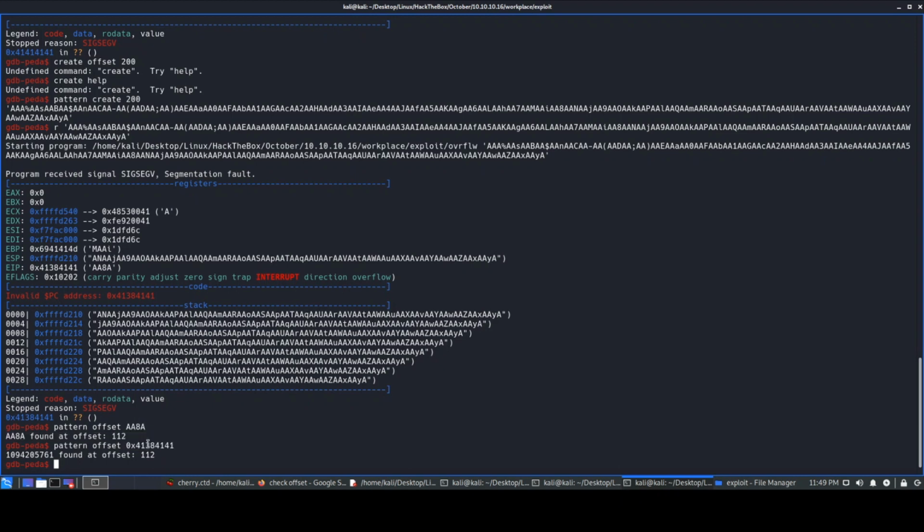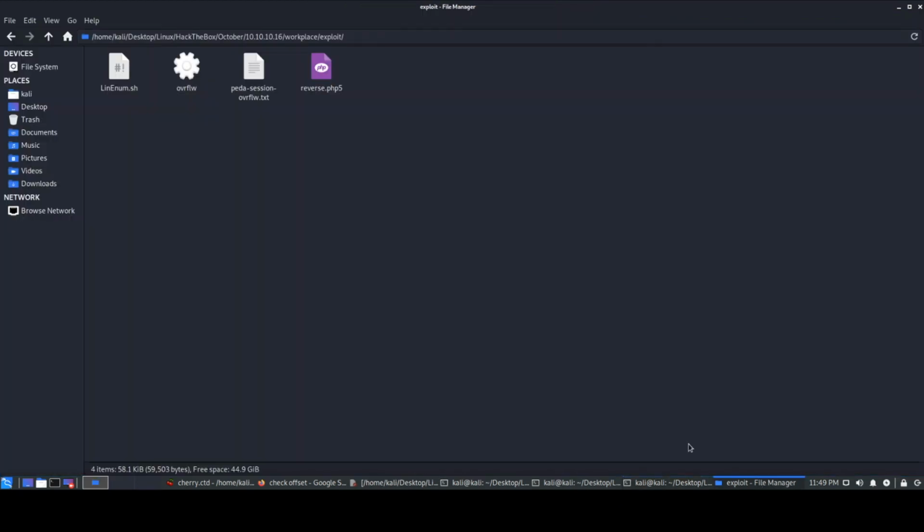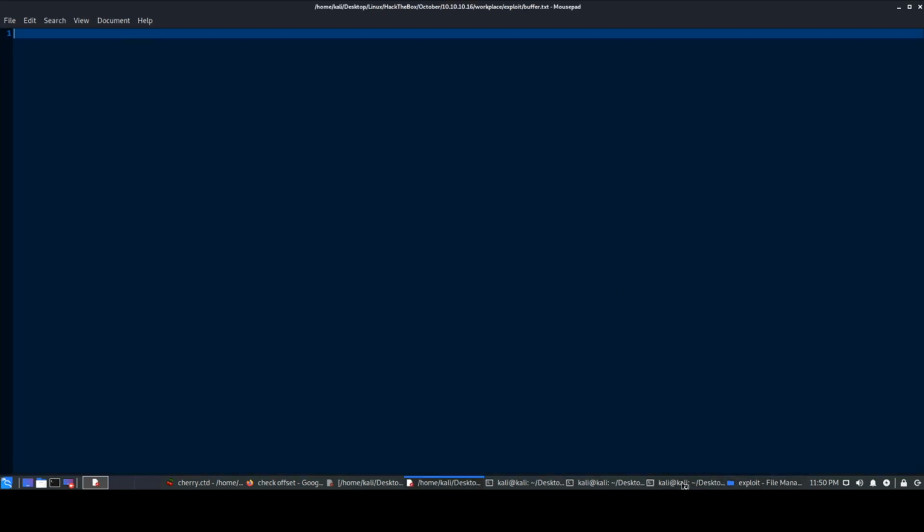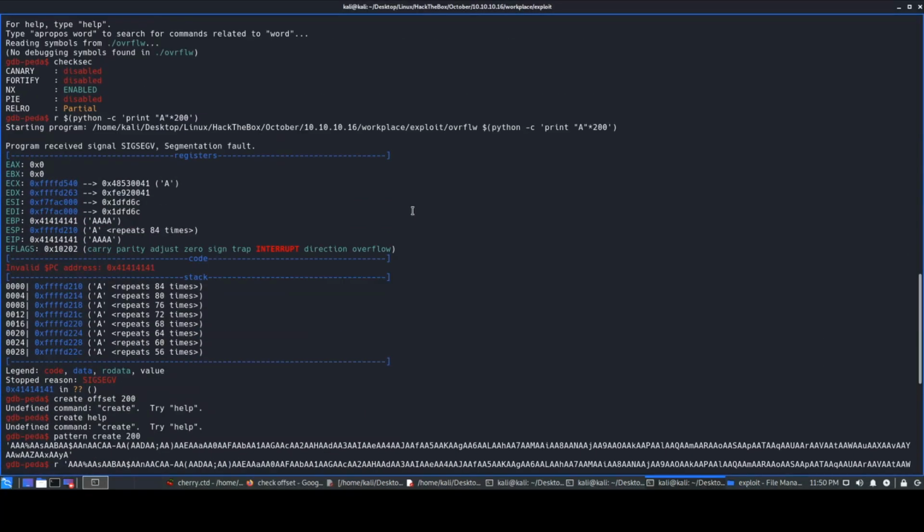Both mean the same. Sorry, in short we got 112. Now what we'll try to do is modify our Python script. Let's add one more document over here called buffer.txt, just a normal file, and we can keep all these commands present over here, so you do not have to write the commands again and again. So let's just take this command for now,